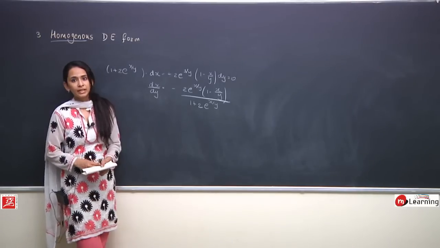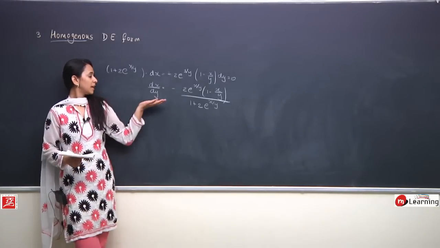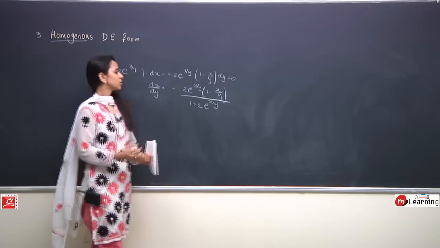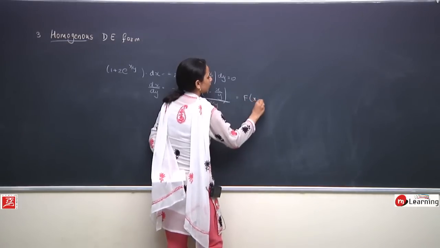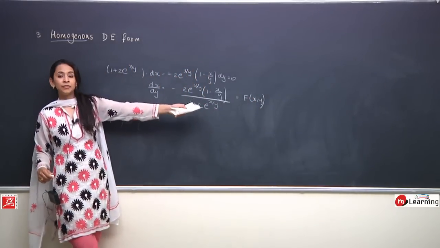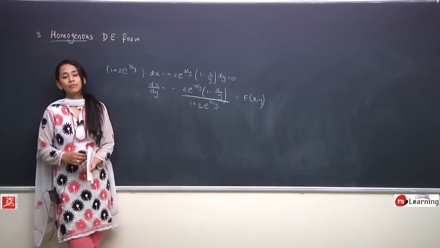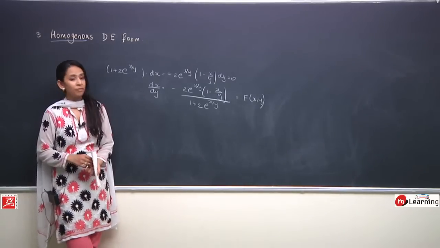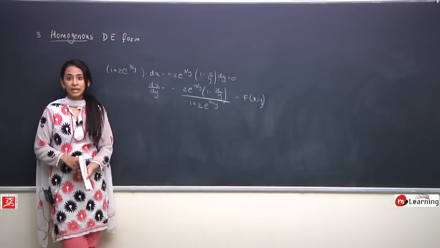सबसे पहले तो ये पता करते हैं. So what is the way to find out? Let us say this dx by dy is some function of x, y. Now one way to find out is substitute this f of x, y with f of tx, ty and find out that f of tx, ty is equals to f of x, y. That is, this is a homogeneous equation of degree 0.